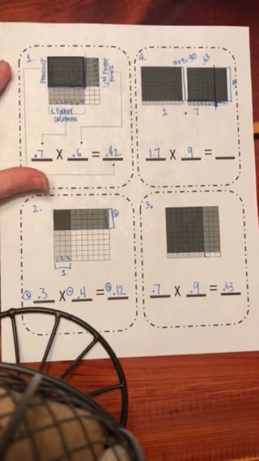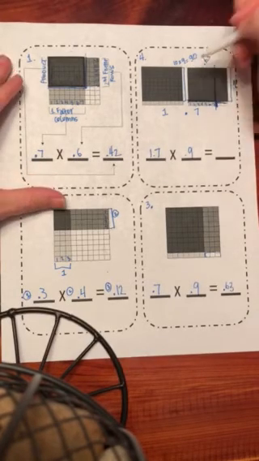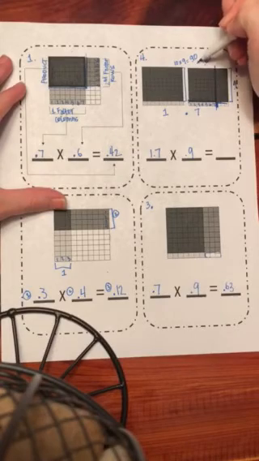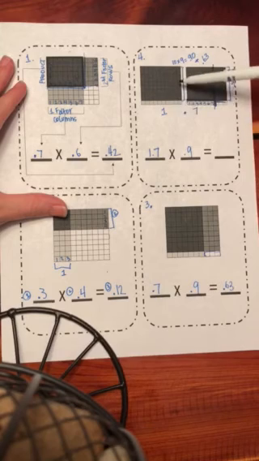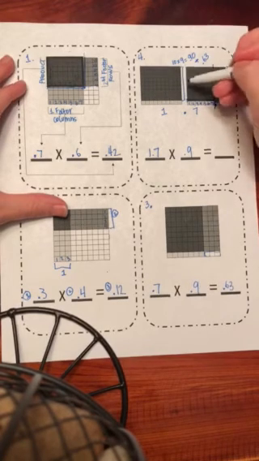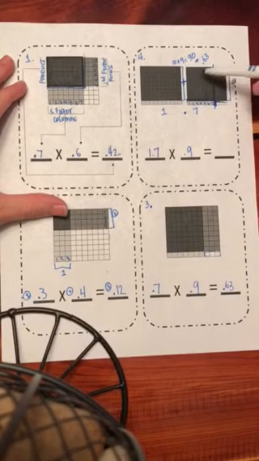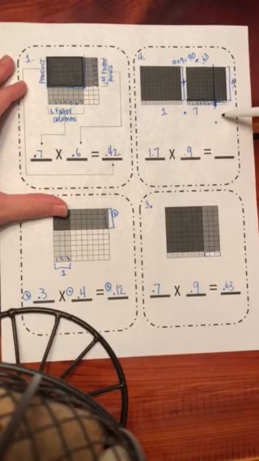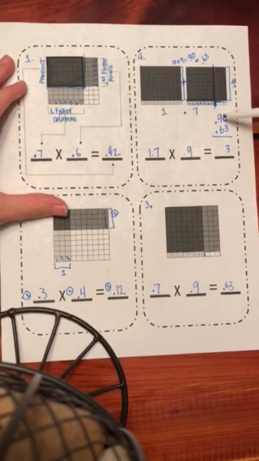But you can't have two answers for a product. So what do you do with these two numbers? You have to combine them, add them together. With the one whole, you have 90 hundredths, and an additional 63 hundredths in the second model. So if you add 90 hundredths and 63 hundredths, you get right here